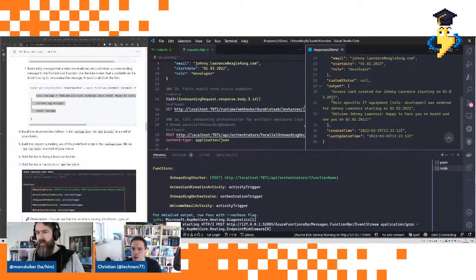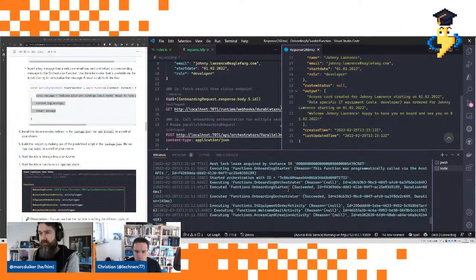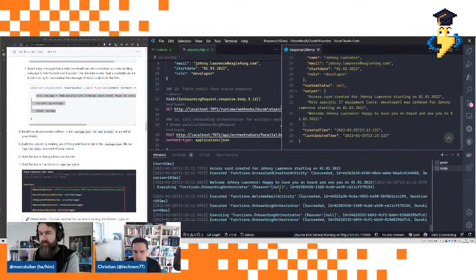And what we see here now is that the access card was created, the role-specific IT equipment was ordered, and the welcoming email was sent out. So everything was executed as expected. We would also see that in the console output. Mm-hmm. And now let's see